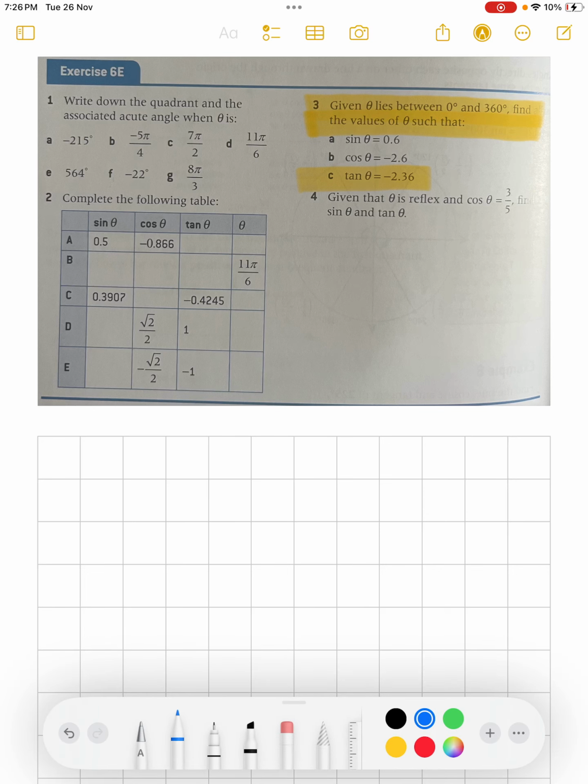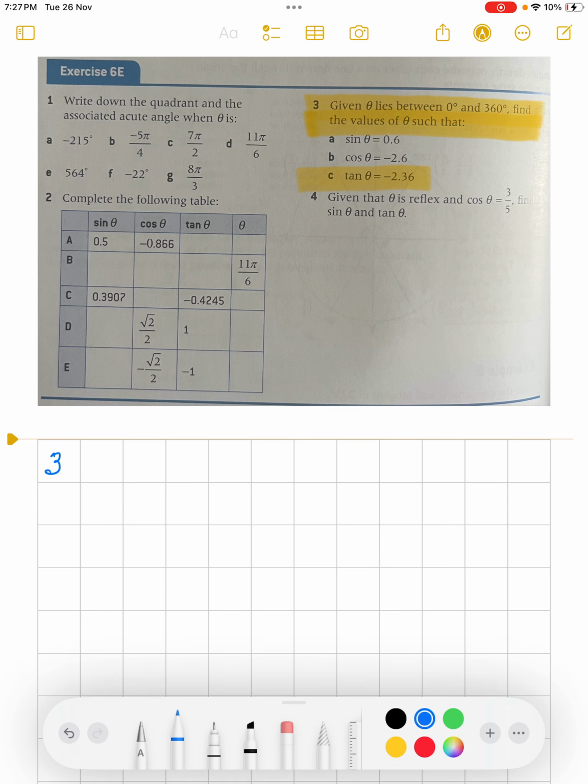Thank you for joining me on exercise 6E. I'm going to be looking specifically at question 3 part C. It says given theta lies between 0 degrees and 360 degrees. That's one way to write it in words or in symbols. And what this is saying is that we're dealing with all four quadrants, not just restricting our answers to a particular quadrant. And when we deal with all four quadrants, what we're saying is